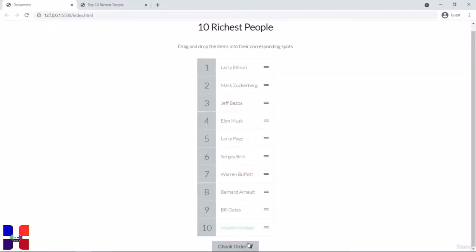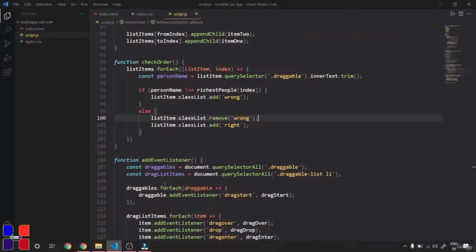Press the check order button, and only the 10th number is at the right position. So let's pick Jeff Bezos and put him at the top position, and now it is also correct. And similarly, by looking at this array